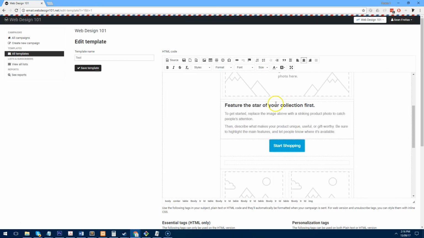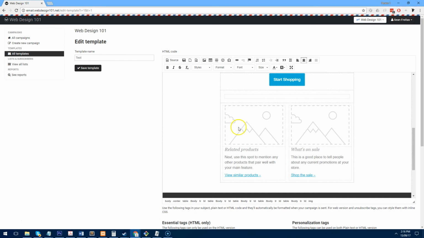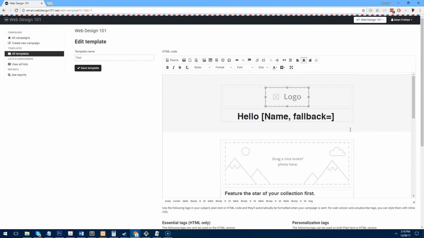You want to replace all these images to make sure that they're hosted on your own server and not on MailChimp, because I don't know how MailChimp works, but they can probably detect that you're sending emails and they're connecting to their servers without actually emailing from their system. So look, I'm not trying to take anything away from MailChimp. I think they have a fantastic service, but this is just a really quick way to grab a good looking template and send it through